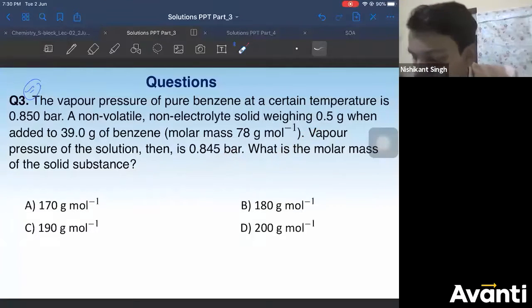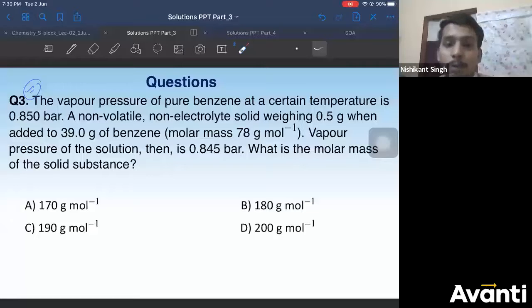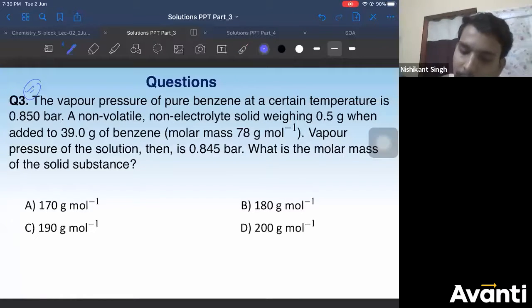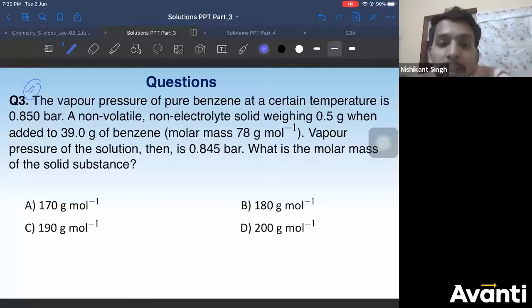This is even easier than that. This is a direct formula substitution. So I hope you will be able to do it faster. This is a direct formula substitution question. This is a board level question. First we'll solve it, then I'll check the calculation and standardize this.